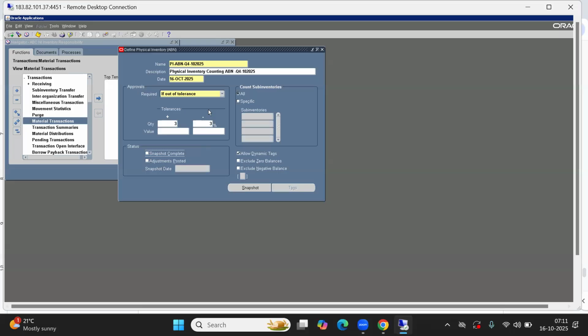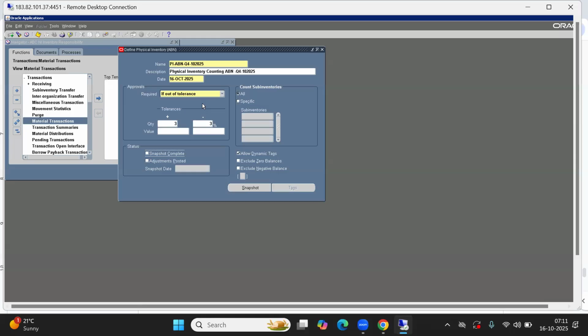As I told you at the start of this physical inventory counting topic, they go for any weekends. Before performing the counting, they will clear everything; if they have sales orders for shipping activity, they will ship them out. They will make sure that for the next 2 days there won't be any material transaction request, and then they'll start this physical inventory, because when they perform it, they have to stop all material transactions.